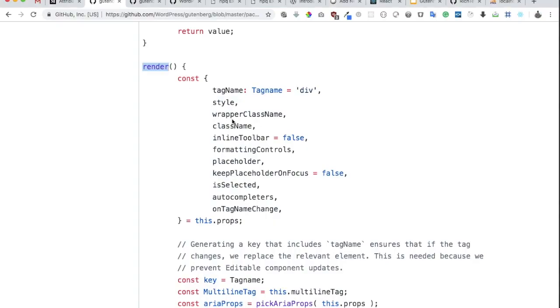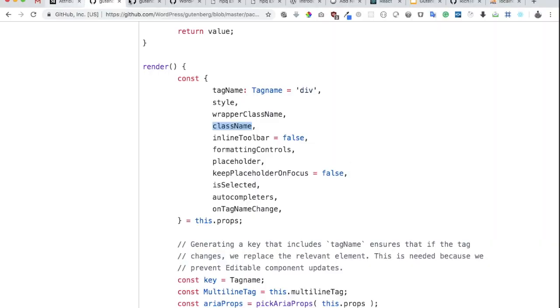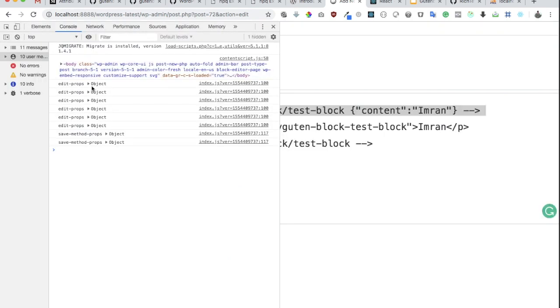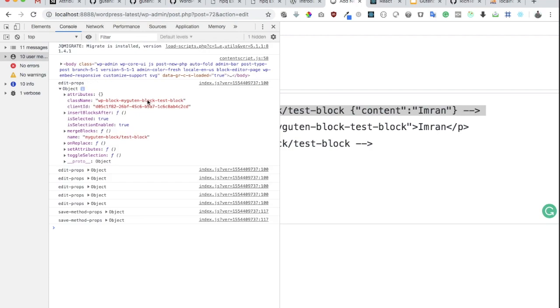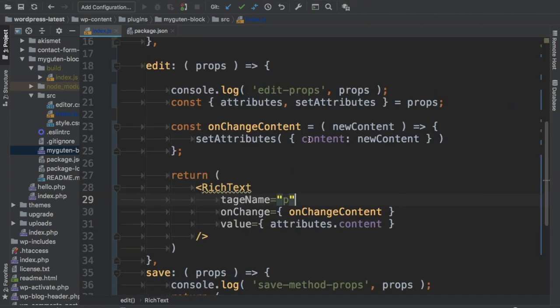Then you can pass className. So className is also something that's available inside the attributes, guys. If you check, we also have className available, so you can make use of that. For example, if I want to show you how you can use that, you can put